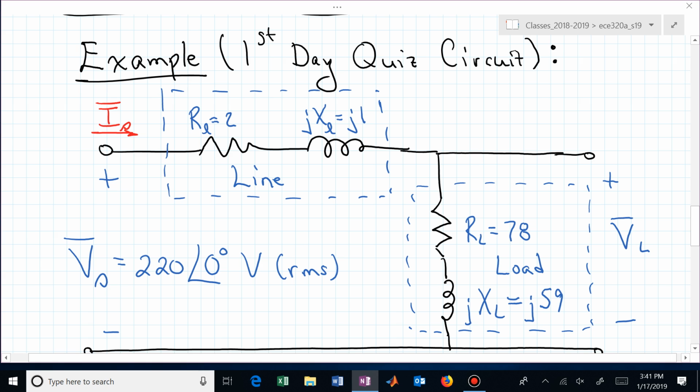But here's the quiz that we had in day 1, and I wanted you to get going. That's why I called it a quiz. And this should be something that you're familiar with in terms of analyzing now that you've seen it a couple of times. But what we want to do today is actually work through